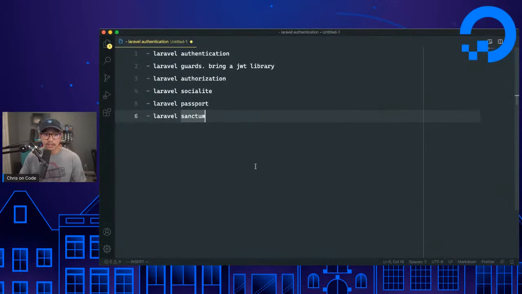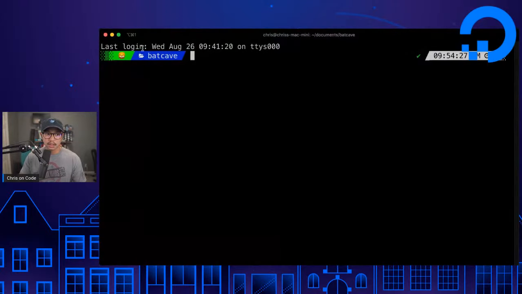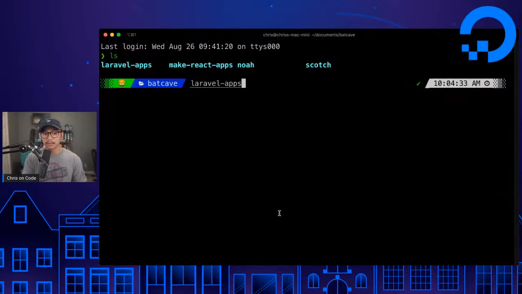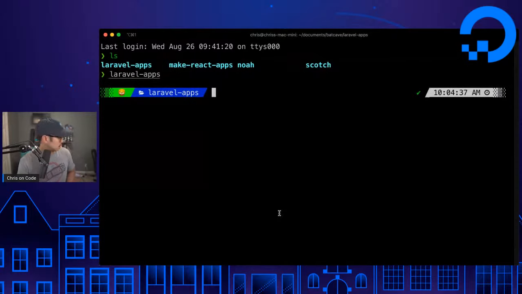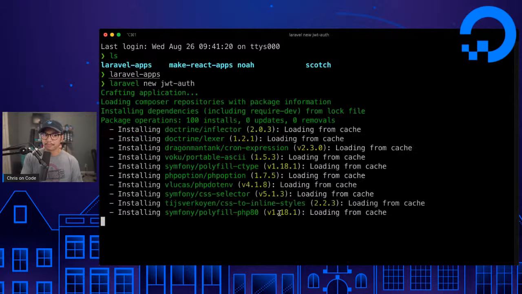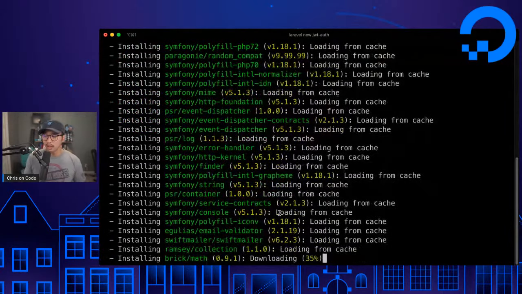To get us started, I'm going to open up my terminal here. I have everything in a folder called Batcave, and if I ls there, I have a folder called Laravel apps. I'll cd into that. And once we're in here, I have this set up with Laravel Valet, which is what we use to host all of our local applications and have them running. So I'm going to go ahead and go laravel new jwt-auth. We'll just leave it at that. While that runs,